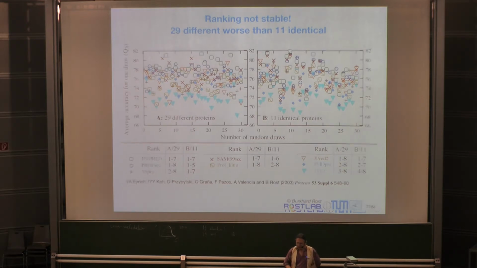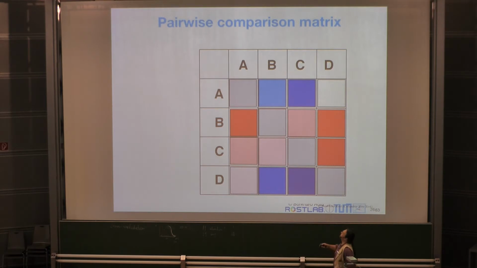Another way of doing that is by having pairwise comparisons. In this particular case here, what I do is I have 4 different methods, and I simply ask, the diagonal is grayed out because method A is method A. So now I ask, is method A significantly better than B, C, D? Significantly better means dark blue. This translates to significantly worse. And the coloring is, as you see, already indicating in this chosen example, it's not completely stable. I believe I made a mistake in the coloring. So this should be light